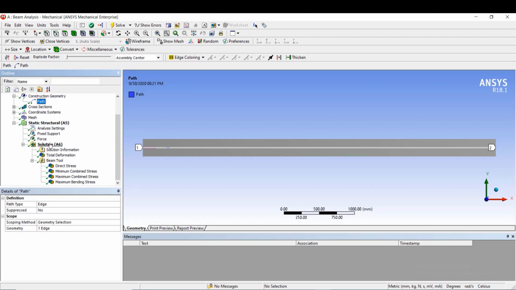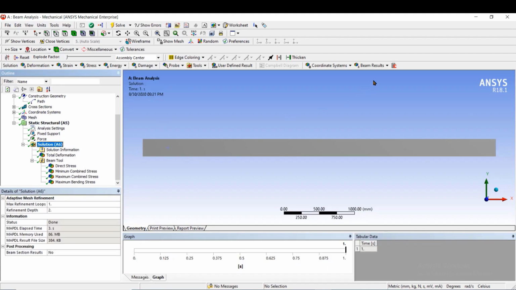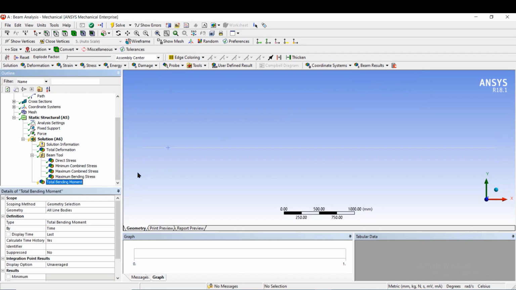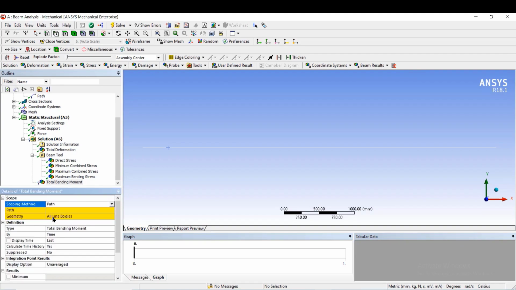Now select solution. Go to the beam results. Select bending moment. In the scoping method, select path. In the path, select path again. Then we want to find out the direction of bending moment in this case.